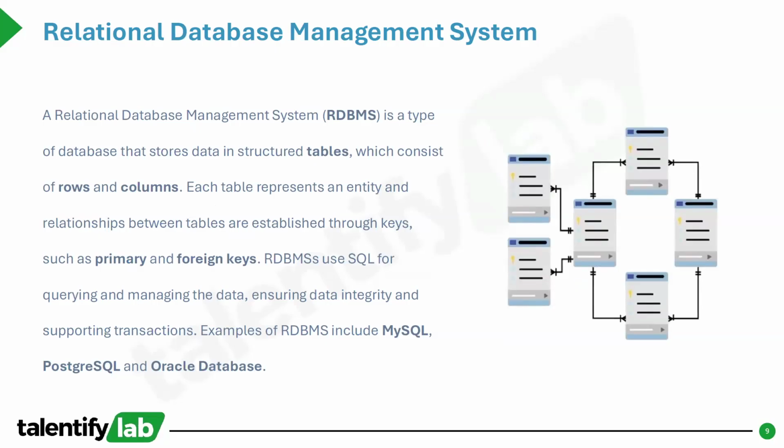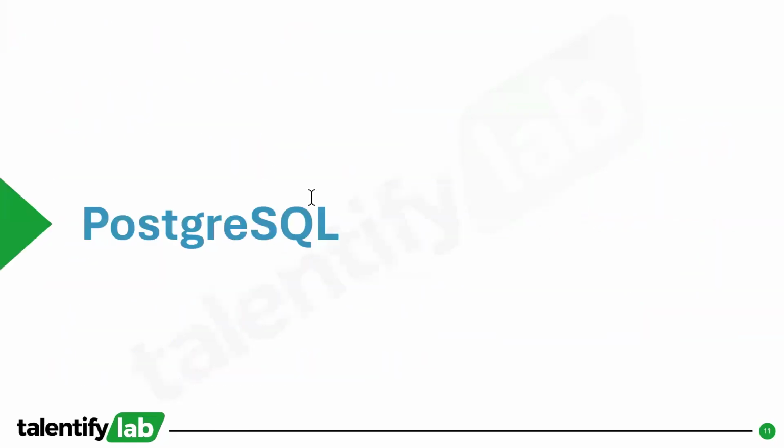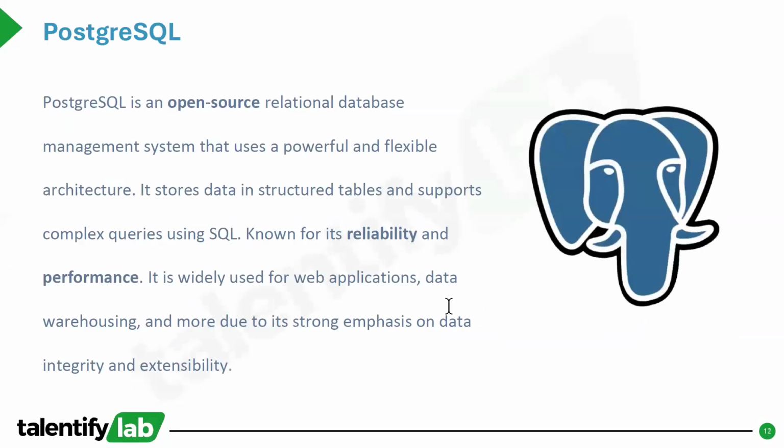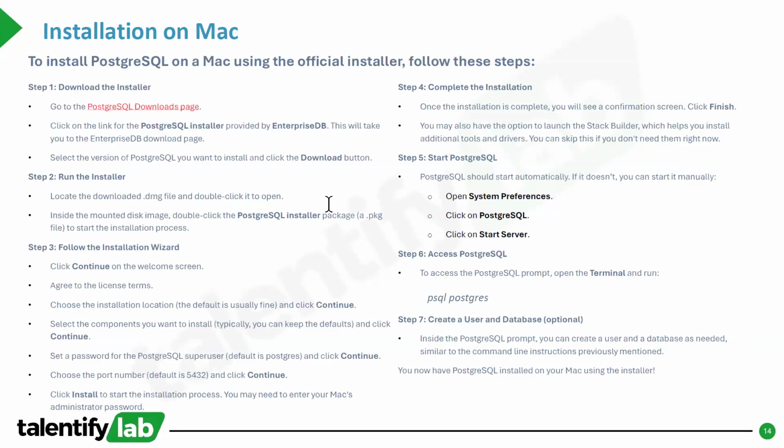Relational database management means they have relations between them, and we will use these management systems. There are many management systems like MySQL and PostgreSQL. These are some common ones. We will use PostgreSQL. It's an open source relational database management system. We will install pgAdmin on our system first, and we will add PostgreSQL. After this installation,